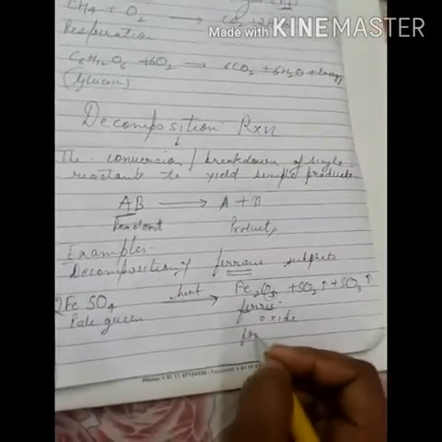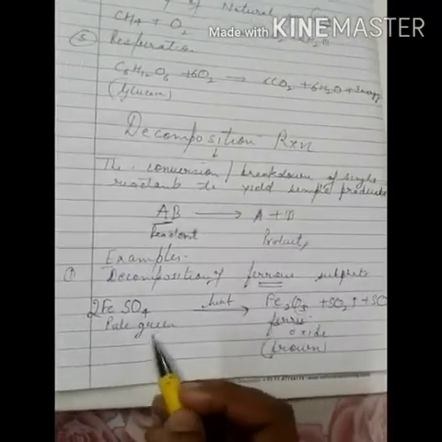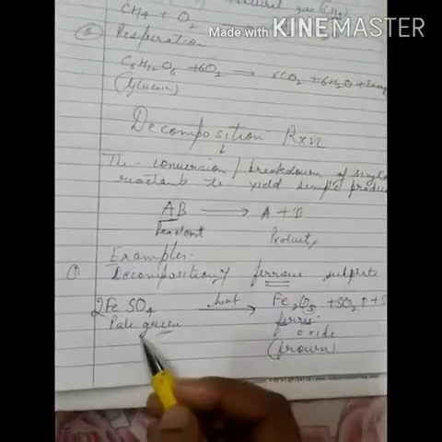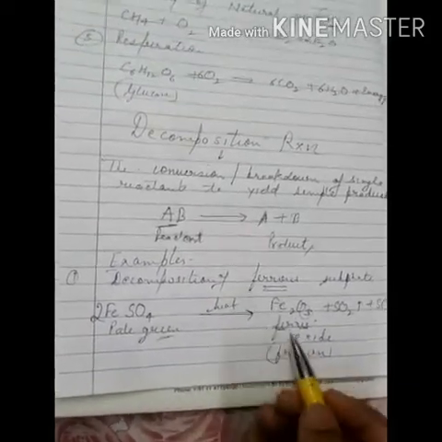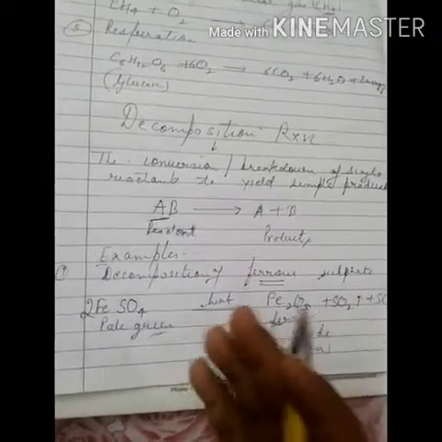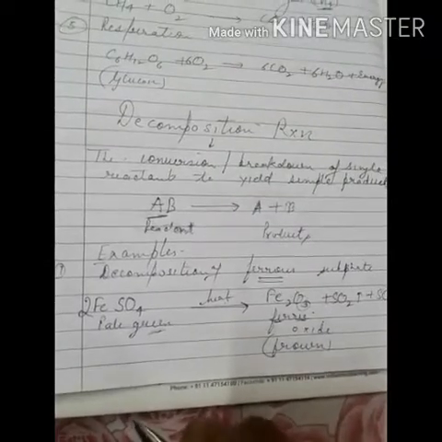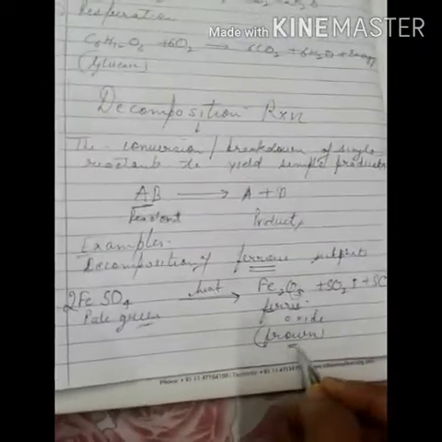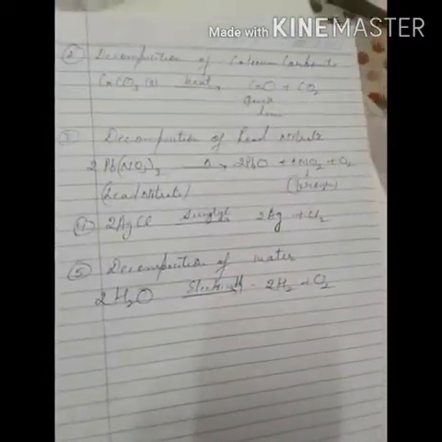Its color is brown, like something which is very light in color, and we heated that substance, so obviously it is going to turn to a darker color. Whenever we heat something continuously, it changes into a darker color like brown, blue, black. So here we are getting the color brown. So it's very important. Now we have a few more examples of decomposition reaction.